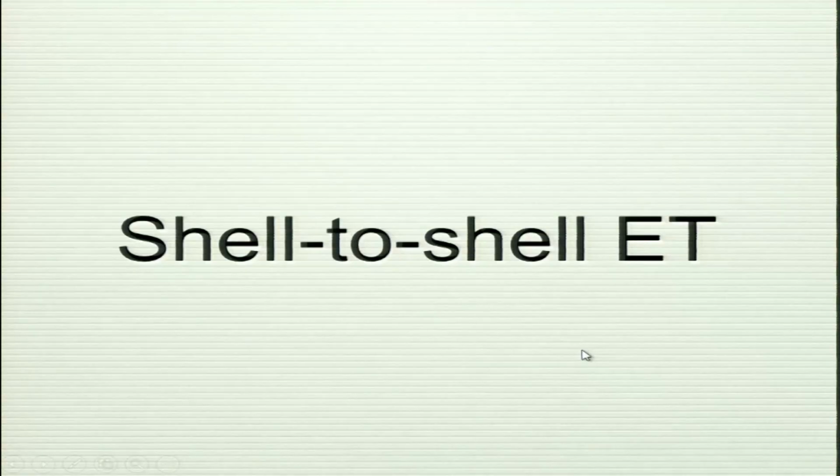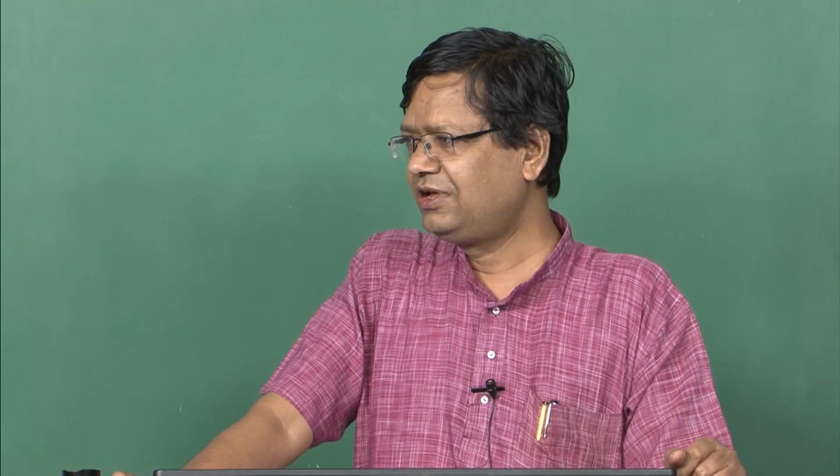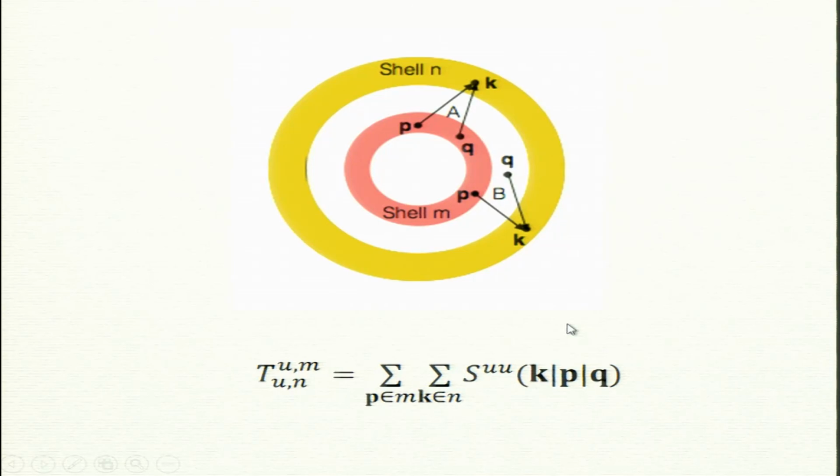Okay. So, this is about flux, but we can get a more detailed picture by something called shell to shell energy transfer. So, the related quantity is shell to shell energy transfer, which gives you more information. Flux was energy going out from inside the sphere to outside the sphere. Now, we can get a more detailed picture by this energy going from shell M, this shell M. There are two shells I am drawing here. This is again Fourier space. In yellow is shell N, shell M and shell N. So, we just label them.